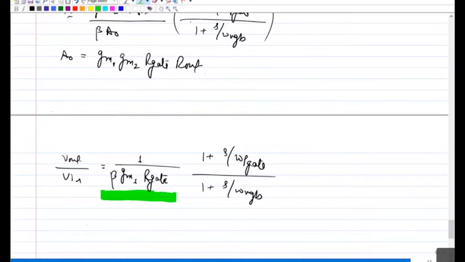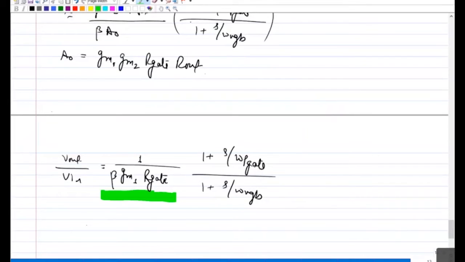And PSRR at DC, what is that? If I want to define it, what is the delta change in output with respect to delta change in input in terms of DC? Line regulation. The line regulation, okay. So the line regulation at any particular load current, because it may vary with the load current also, will be defined by this. If you want to improve your line regulation, then you have to use higher gain in the first stage, or your error amplifier gain should be high.